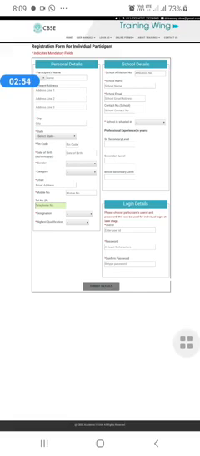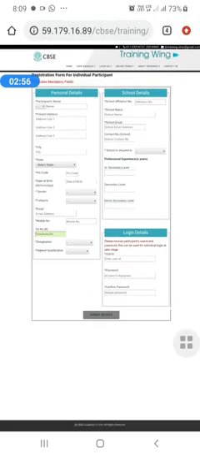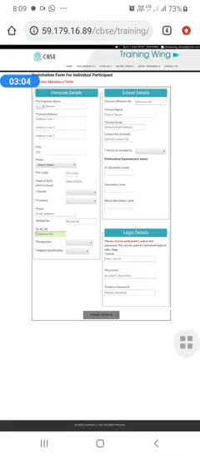As I have already done it earlier, I don't have to go for this. I will select the other one, which I have registered with my number.